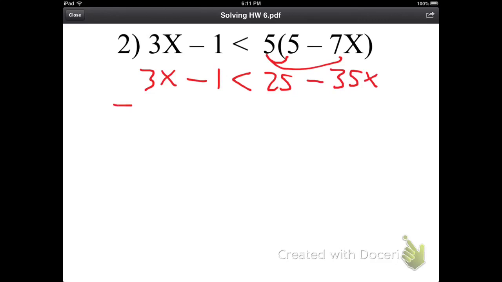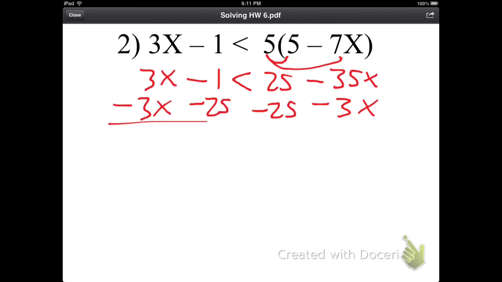So I'm going to subtract 3x from both sides. And to save on space, I'm going to also subtract 25 from both sides. Okay, so you'll notice I'm getting rid of the 3x's on the left, and I'm getting rid of the 25's on the right. Left side, I have negative 1 minus 25, which is negative 26. Right side, I got negative 35x minus 3x. That gets you negative